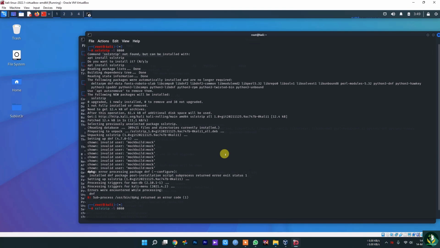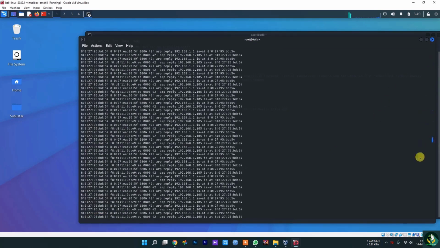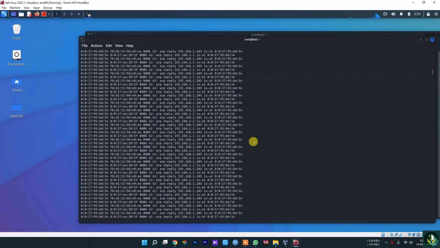So SSL strip is a very important attack. It works as a man-in-the-middle attack, but for HTTPS. If someone is logging into a bank website, this can be used, and if someone is going to log into a Facebook account, Twitter account, or Gmail account, that will also be saved in the log file. So you must make sure that this is continuously running, otherwise it won't save any of those